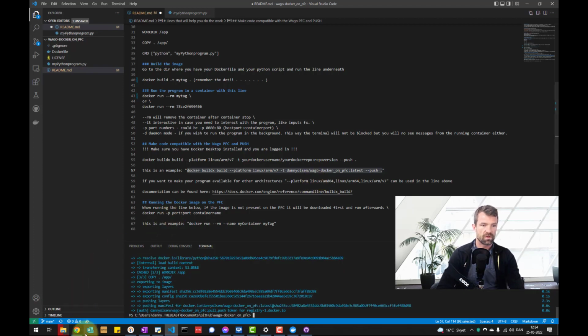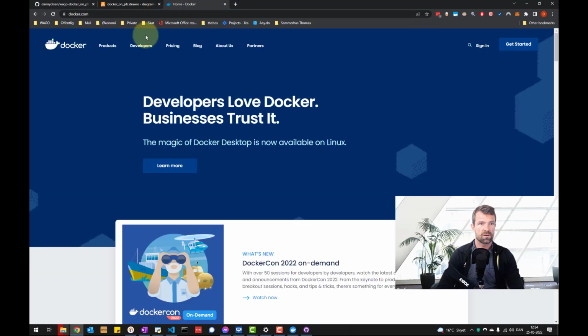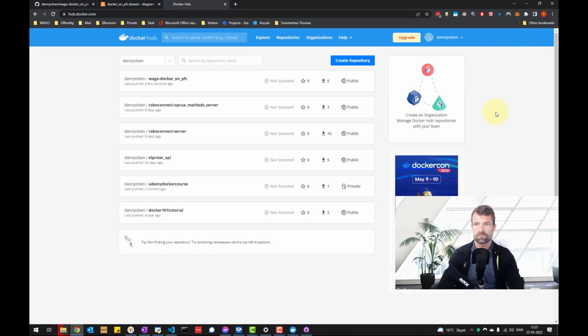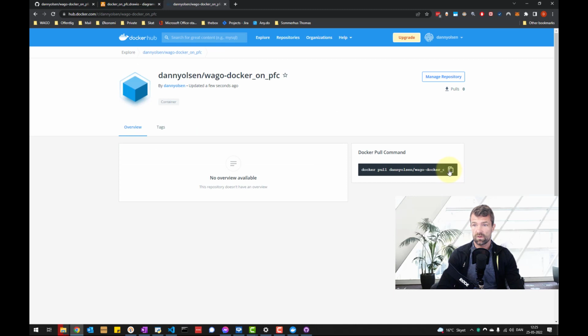So it has been done now. I should be able to go on to Docker, go to my own repository. And here I now have, a few seconds ago, I have published a repository, WAGO Docker on PFC. I will copy this snippet here,